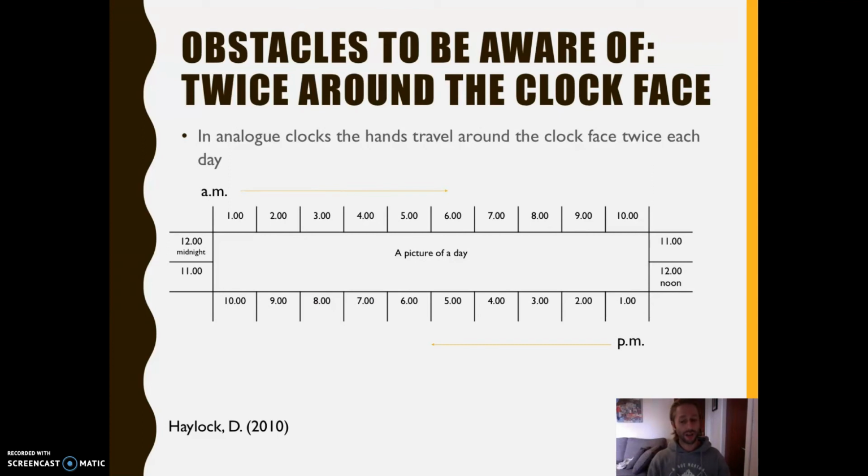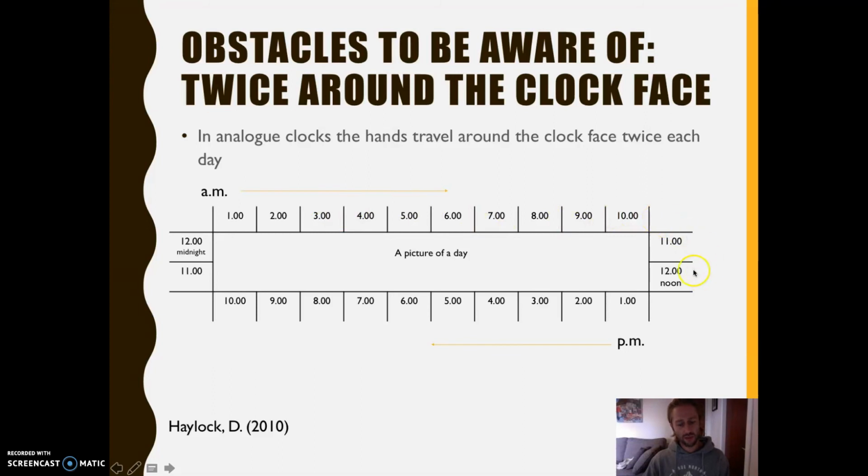Not now rather, but on an analog clock we go twice around the clock face. And this can be confusing for children. Derek Haylock provides this diagram as an alternative way to begin talking about the day with children and the 24 hours of the day. So you can see we start at midnight, and then we have a section for each